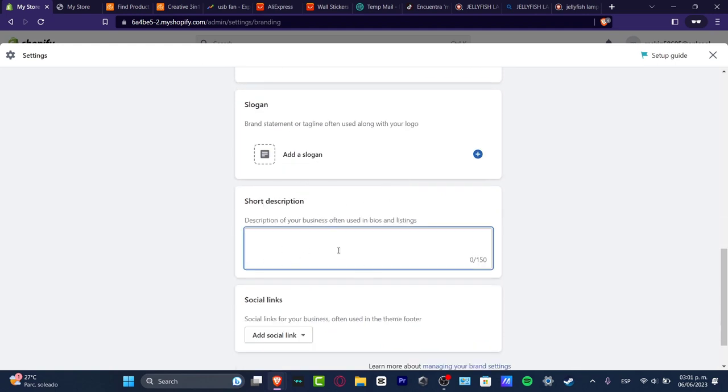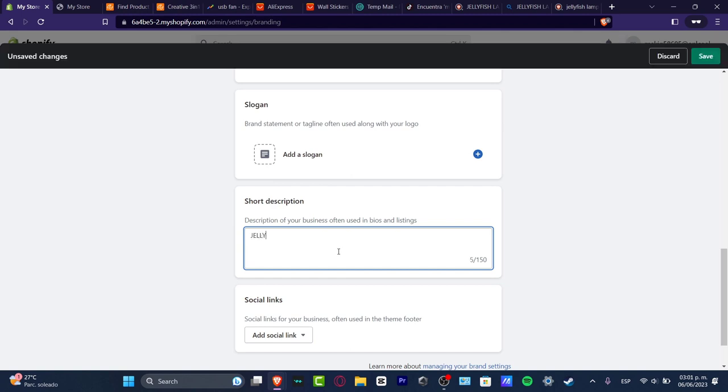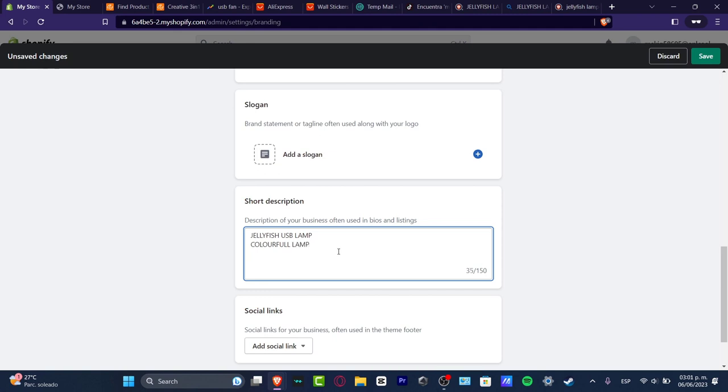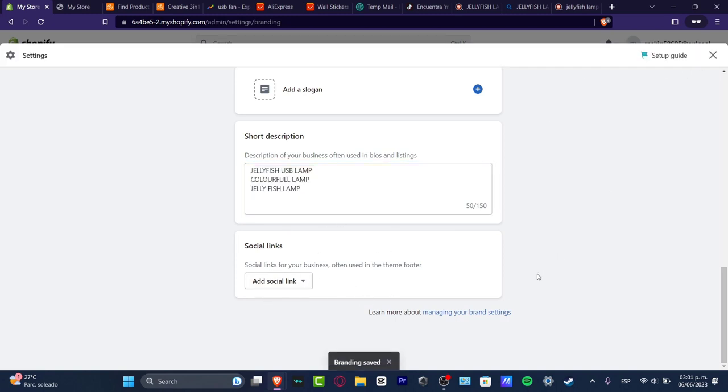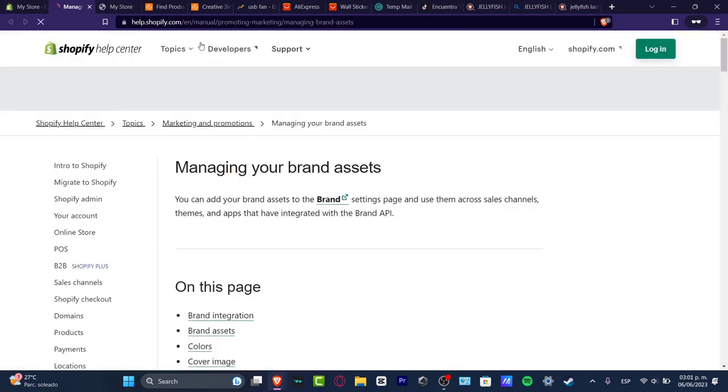Into your short description, you wanted to add as much text as you can. For example, jellyfish USB lamp, or you wanted to add colorful lamp, or jellyfish lamp only. You want to use this information into your own short descriptions as well into your actual social links. So hit into save. Managing your brand settings is going to be taking you into the help center, so it's